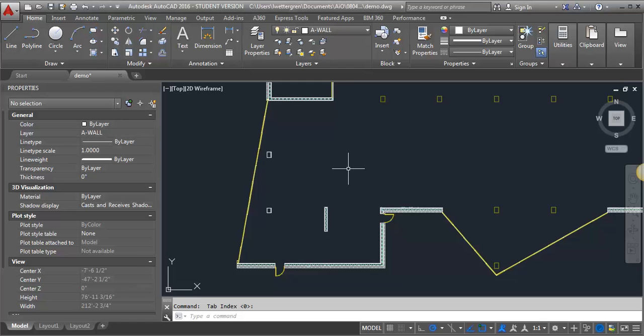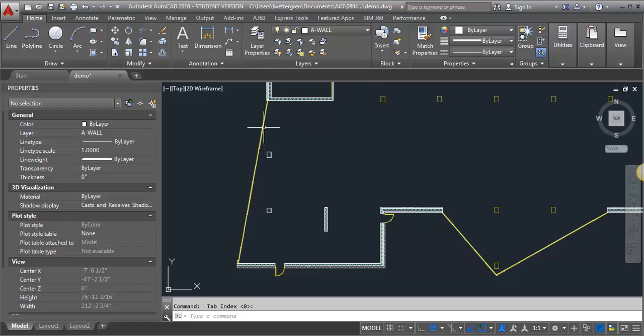So I want to do a quick demo on how you can approach drawing these angled offices and the corridor here in this area of the plan. The first thing we need to do is find out what angle this glass wall is at, because everything is going to be parallel and perpendicular to that element, so it's important to know what that is